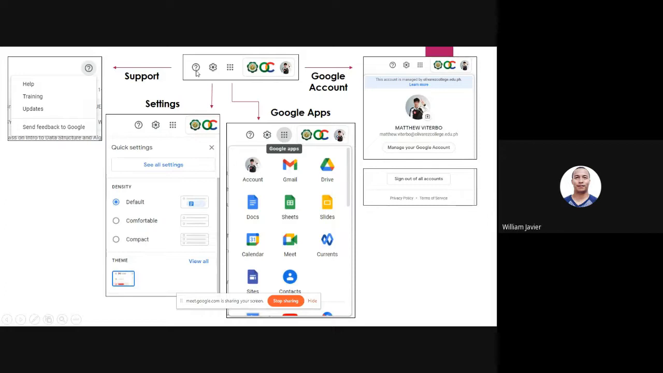For the support icon, you will see the help, training, updates, and send feedback to Google. For the gear icon, it means the settings of the Gmail, for the default, comfortable. Google Apps is the shortcut icon for the following applications. Google account, see the account details of your